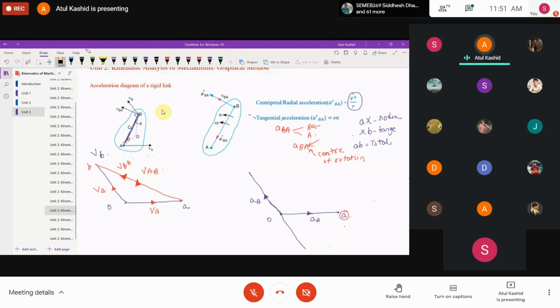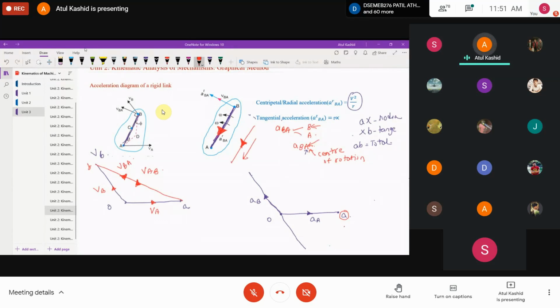So when you decide that point A will be your center of rotation, you have to go back to your diagram. See this diagram, link AB is there. Now if I am considering point A as my center of rotation, we know the direction of radial acceleration is always along the link. Along the link, but its direction will be towards B or towards A, how will we decide that? Because we decided that A will be the center of rotation, our direction will be towards the point A in the link. Now here the link is pointing in this direction. In the same direction we have to draw the vector.